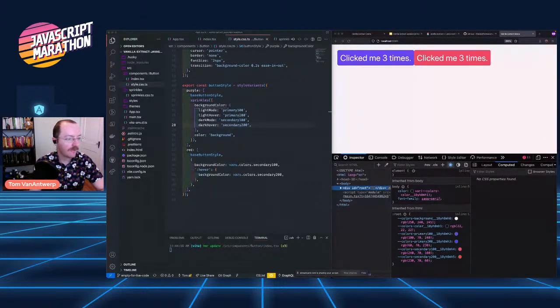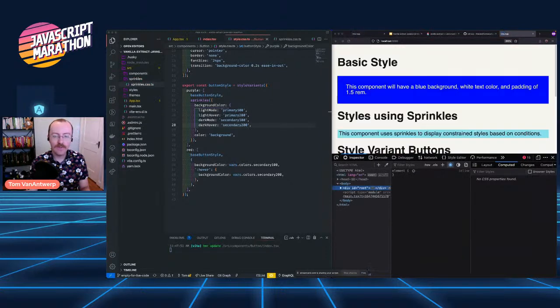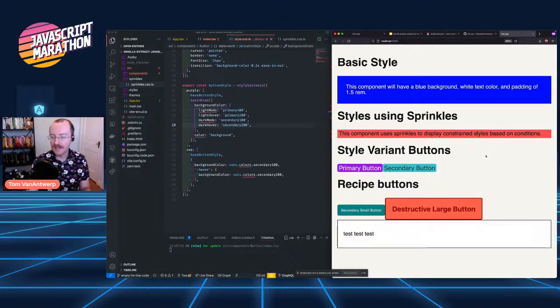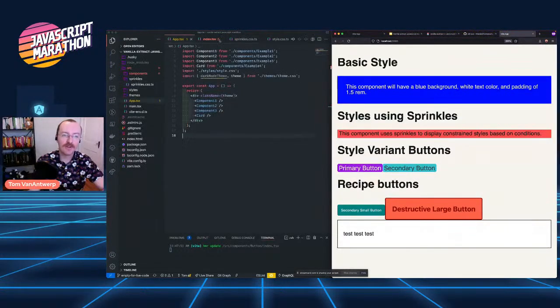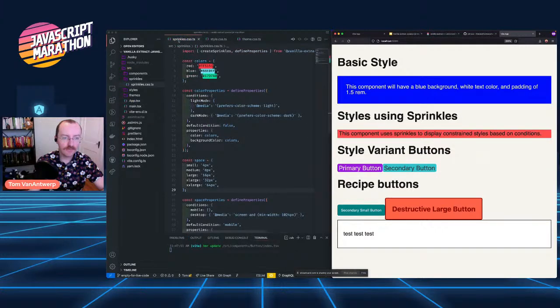So let's see what else we can do. There's one thing I have not talked about yet, and that is recipes. We're going to go on an adventure yet again. I'm going to completely change everything. And let's see. How ugly is all of this? This was a previous attempt. I mean, you thought my styles were bad before. Take a look now. So I'm going to close all the files I've been working on. And we are going to look at